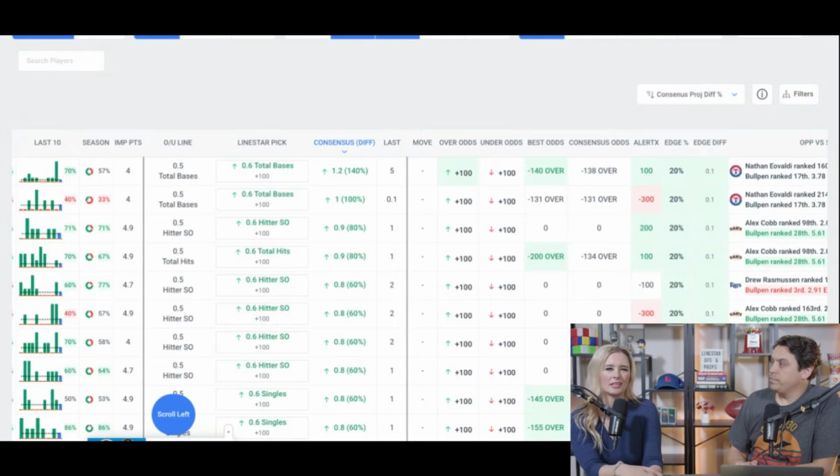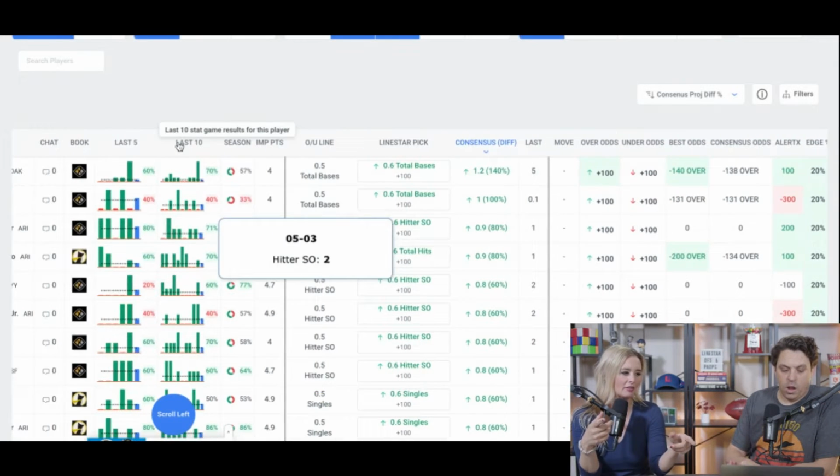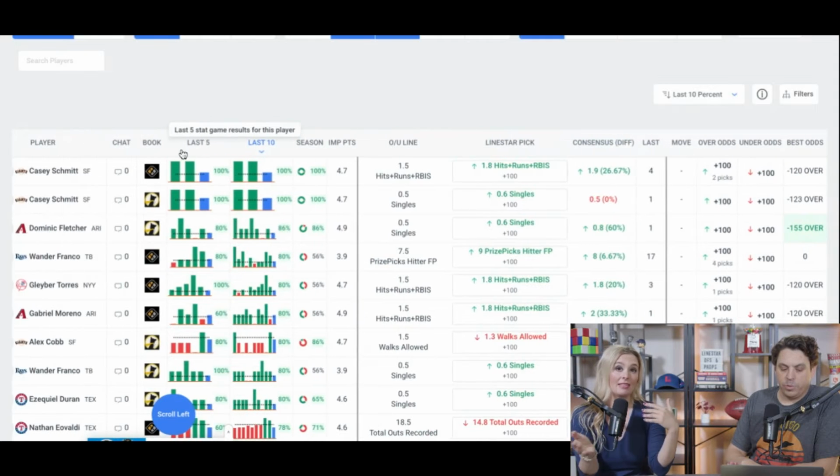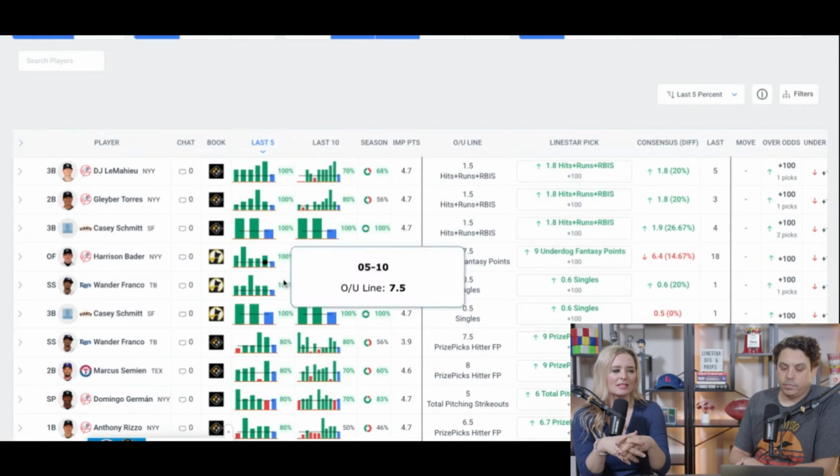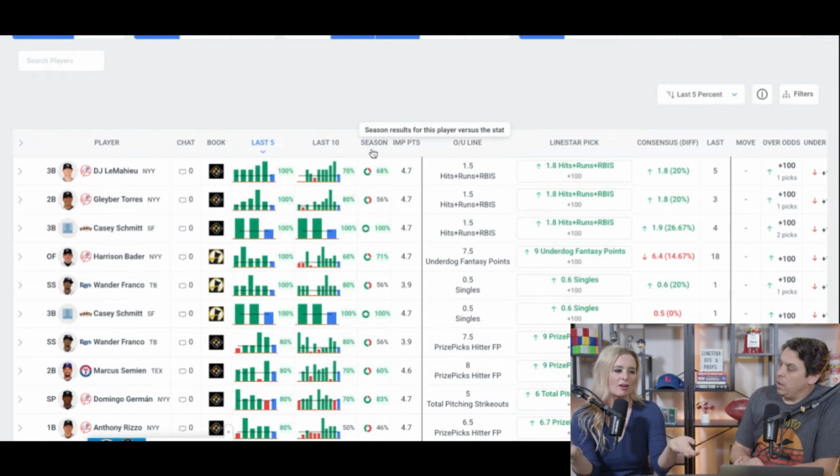Yeah, a lot of it is just toggling between the different columns and seeing what jumps out. I also toggle between the last 5 and the last 10 just to see what players have been hot recently. So if you scroll on over there, it'd be like, this guy's gotten a hit in the last 10 games. That's interesting to me. And then I can just look at the different columns. That's kind of where we start things off.